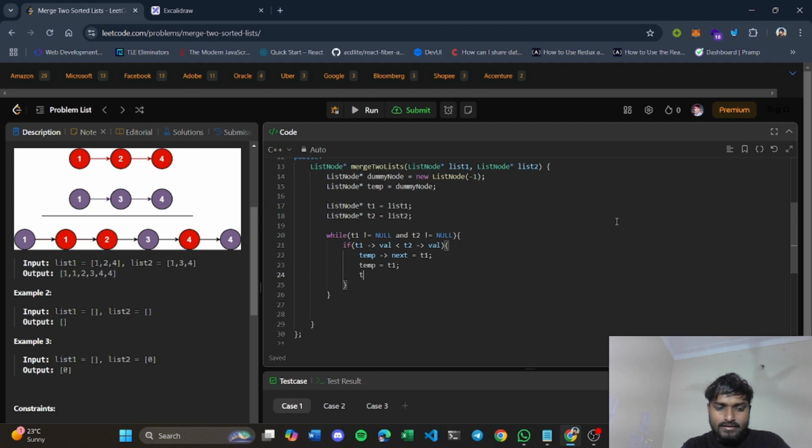And again, you will move your T1 pointer forward. T1 is equal to T1's next pointer, right?